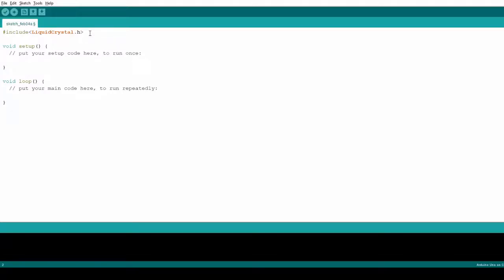And then we have to initialize it, right? So here I am writing LiquidCrystal lcd and our Arduino pins. LiquidCrystal lcd of our pins: I am using the 13th pin, comma 12th pin, 11.